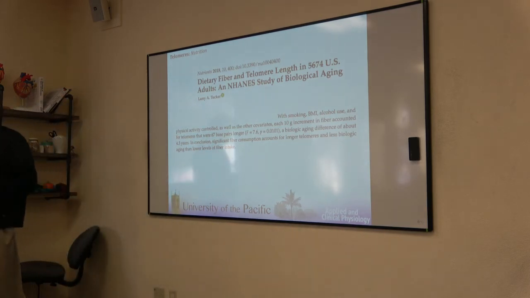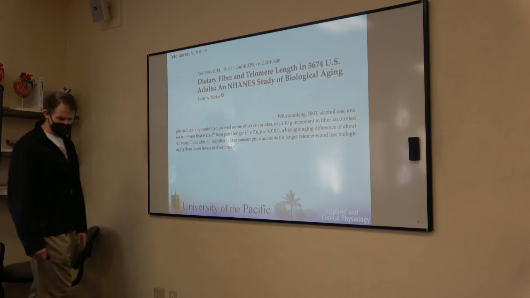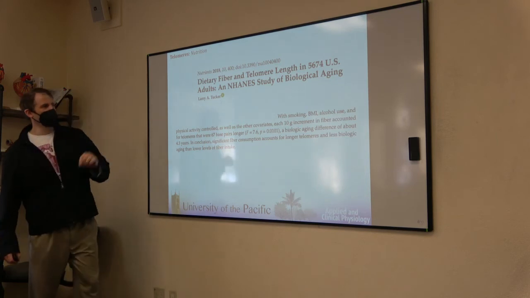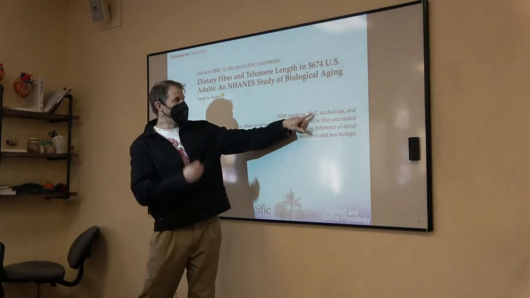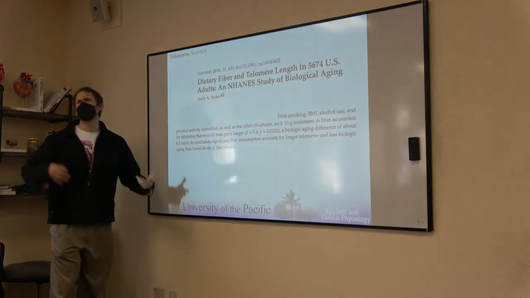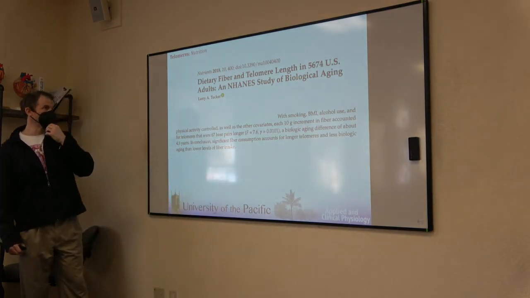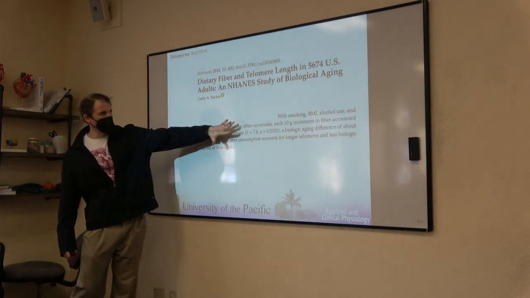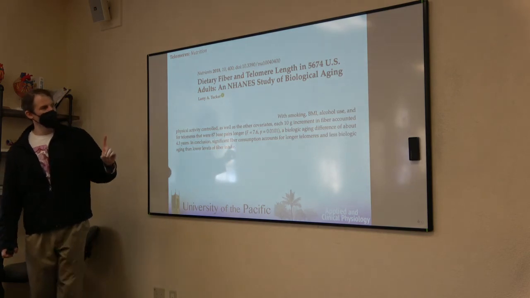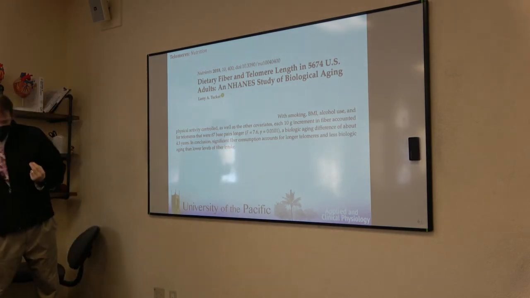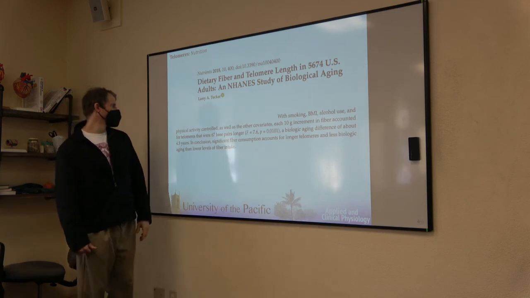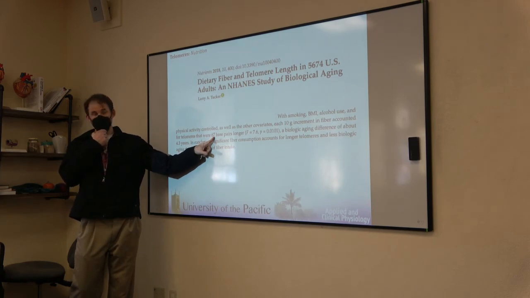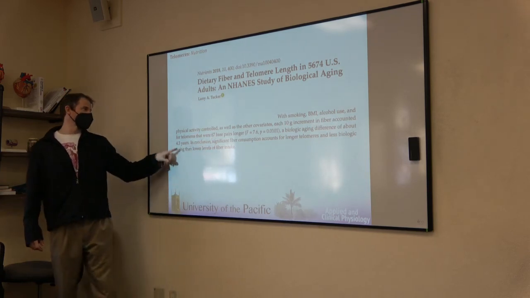And really using the same sample over and over and looking at individual components and holding constant a bunch of potential confounders. So here, what he was holding constant was smoking, BMI, alcohol use. Excesses of alcohol use are associated with shortened telomeres, and physical activity, as well as other covariates. But those are the main covariates. So each 10-gram increase in daily fiber intake is associated with 67 base pairs longer of telomeres, a biologic aging difference of about 4.3 years.